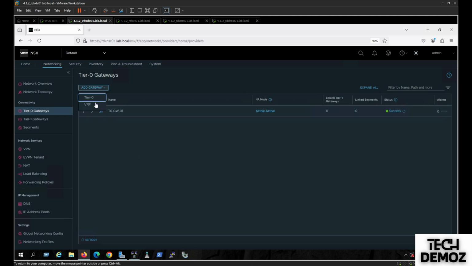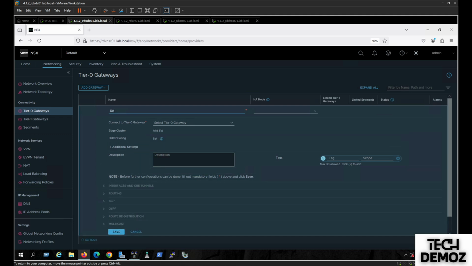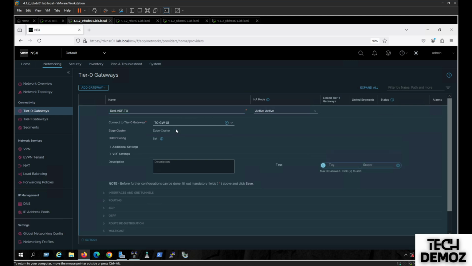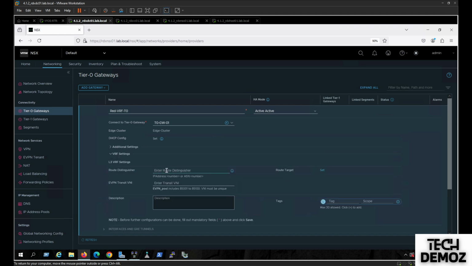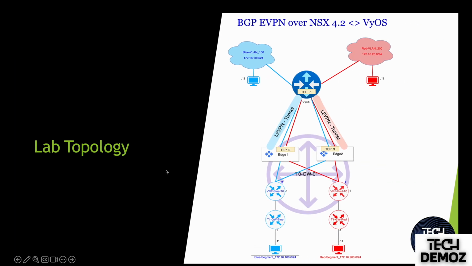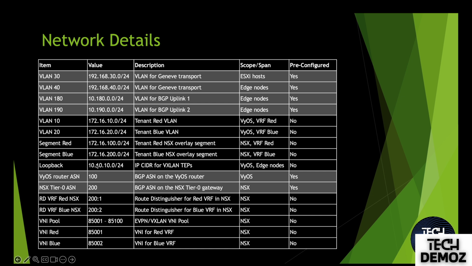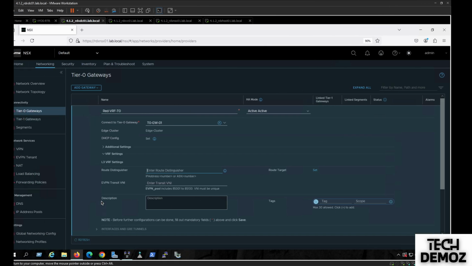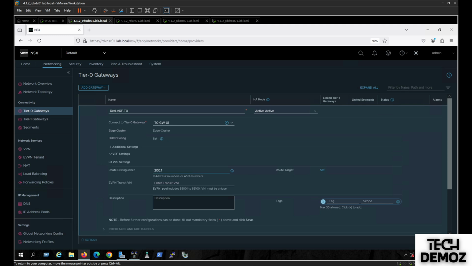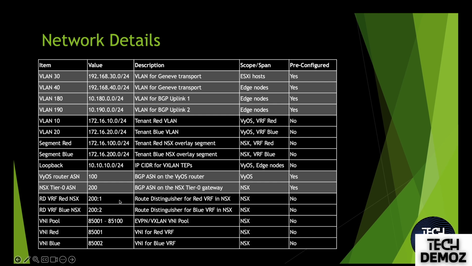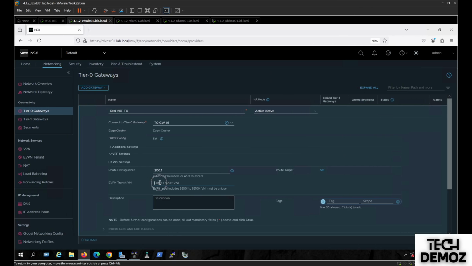So now we need to define that VRF, red VRF, or we can name it red VRF T0. Connect to tier 1 gateway. Under VRF we need to define this. So this side we have 200.1. Yes, we are using 200. So the RD I am using 200:1, and transit I am using 85001. Route target